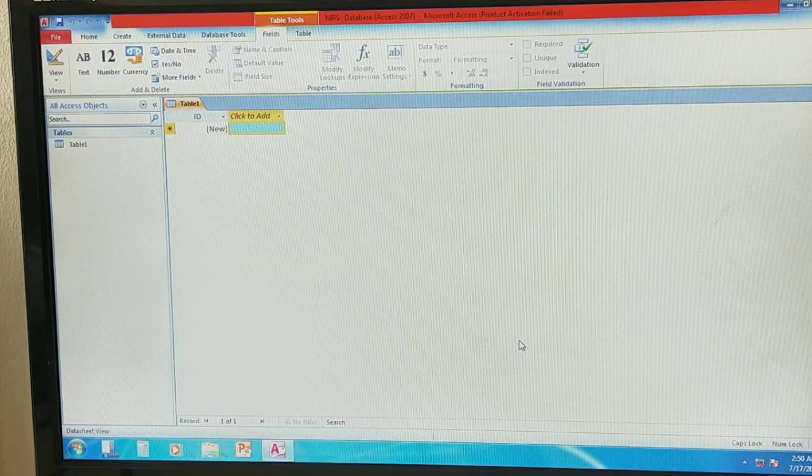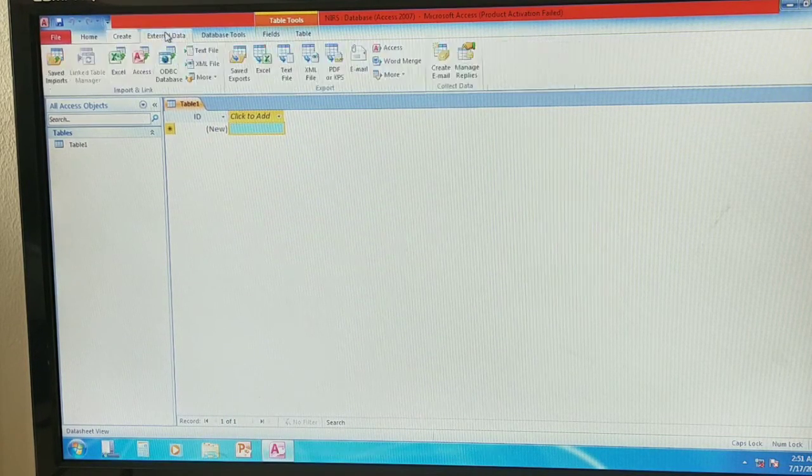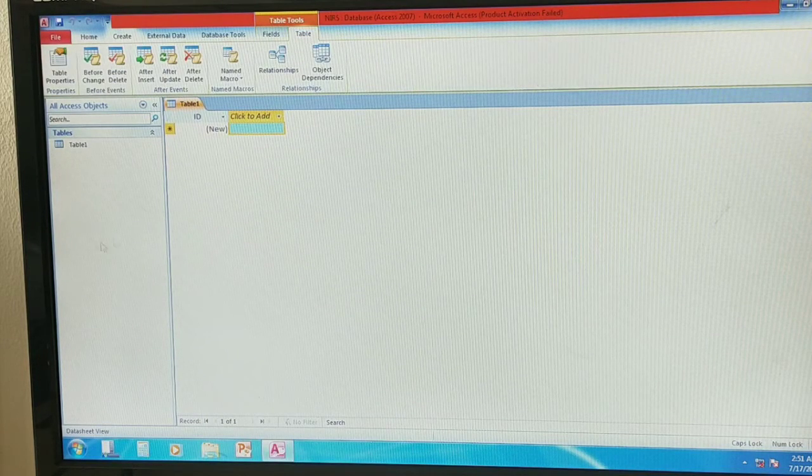Students, we have discussed the different elements of the MS Access interface: the title bar, and different tabs like the file tab, home tab, create tab, and at the left side we have a navigation pane.